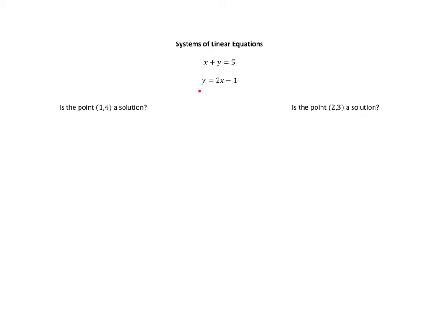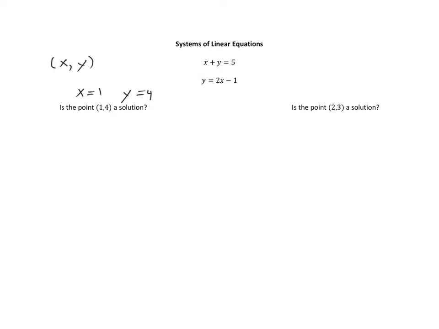Now, to be a solution to this system, it's going to be any point (x, y) that makes both equations true at the same time. So I have a couple of questions here. Is the point (1, 4) a solution to this system? So here my x value is equal to 1 and my y value is equal to 4. And what we can do is take this information, plug it into both equations, and see if it makes them